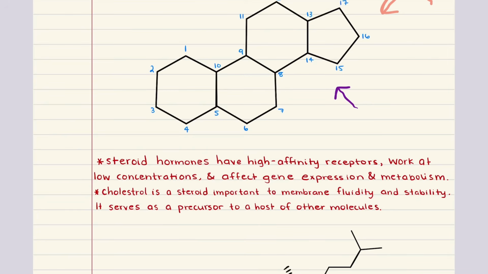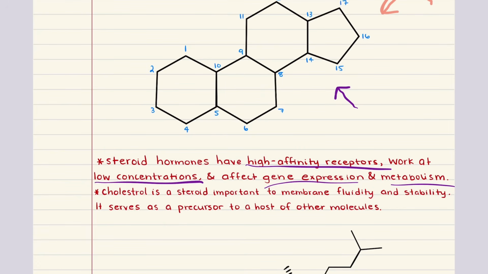Now, here's what makes steroid hormones so powerful. First, they bind to high affinity receptors, meaning their target receptors are very specific to them. Second, they work at low concentrations, so even small amounts can trigger major physiological effects. Finally, they affect gene expression and metabolism by directly entering cells and then interacting with intracellular receptors often found in